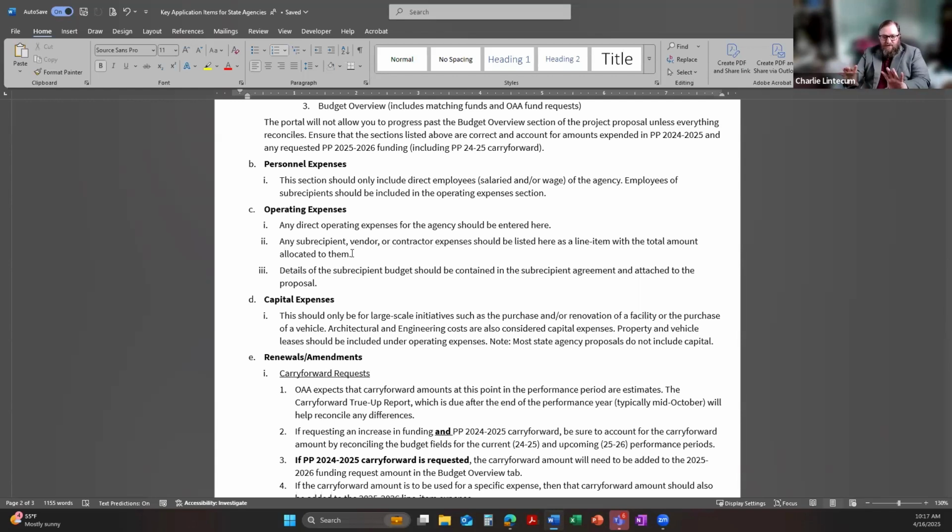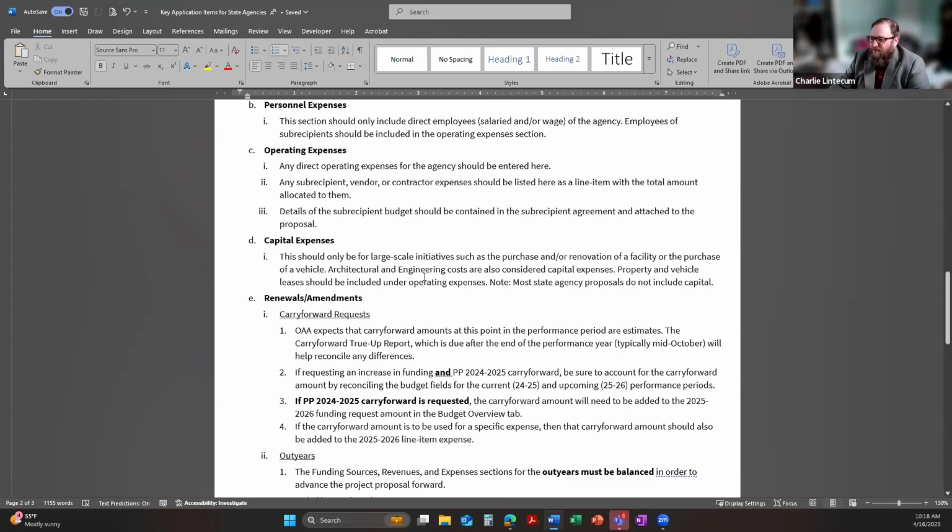And then we would expect you to attach a copy of that agreement so that we can see the details of the budget and how it's going to be spent. And if it's a new project, something that's not in process, it can be in a draft situation, and then if the project is awarded, we can get the final version after that.